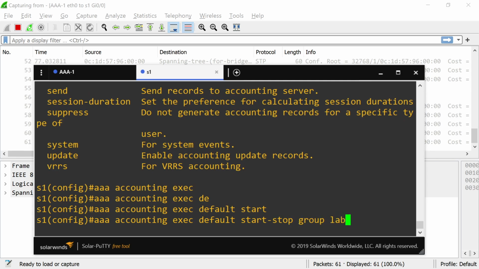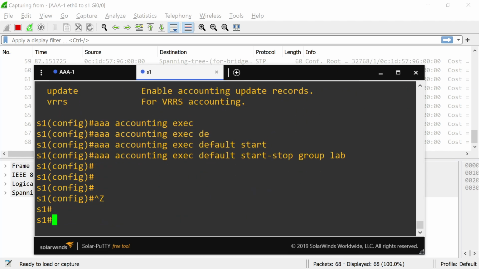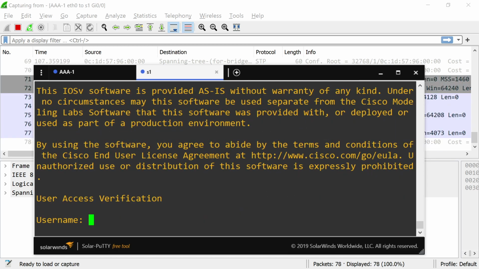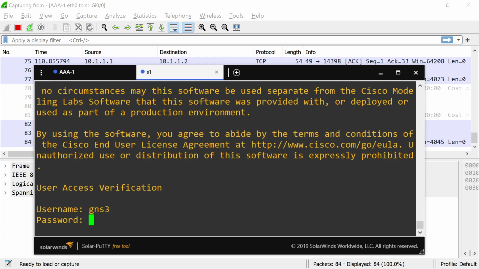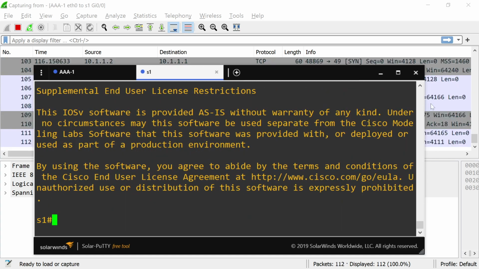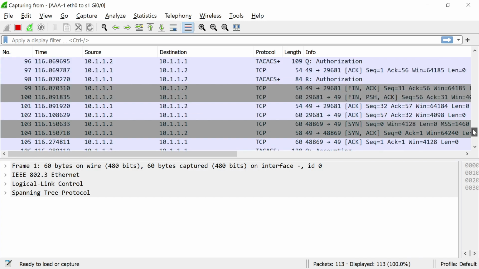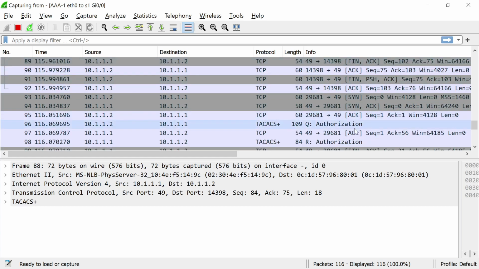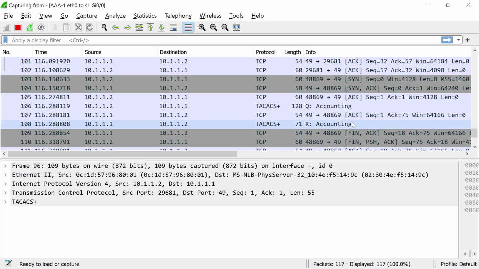So this means that I'm going to send information about my session when it starts and when it stops to the accounting server. So let's see if that happens. I'm going to telnet to myself again using DNS3, and notice here in the capture that an authentication session was created, then an authorization one, and then an accounting